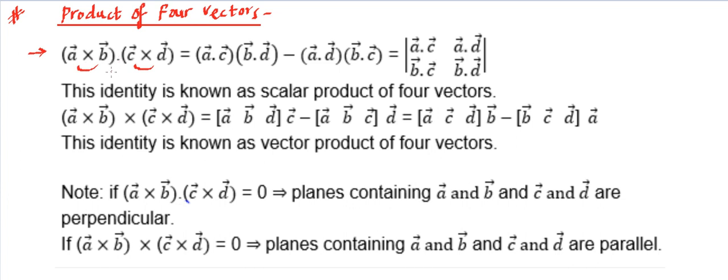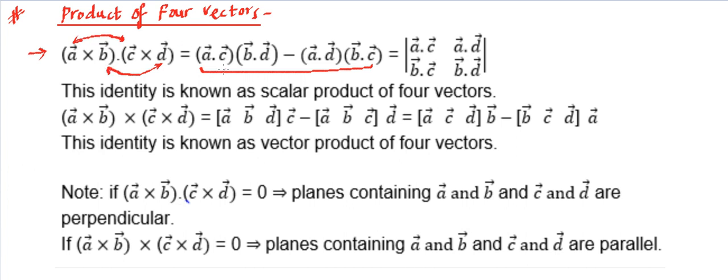The rules are very logical and simple. So ultimately we are using how to do the cross product between two vectors. Once we have done the cross product, then we need to use the dot product. So basic results are involved over here. However, instead of doing this, we can use an identity, and the identity is that this product comes out to be equal to this. What it says, basically, you can think of it in this way. First we do the dot of these numbers and the dot of these numbers and then multiply,